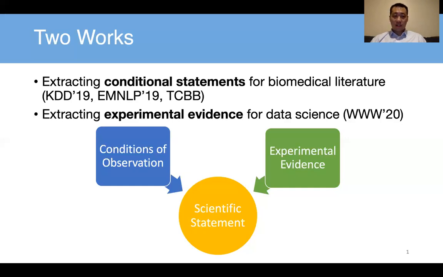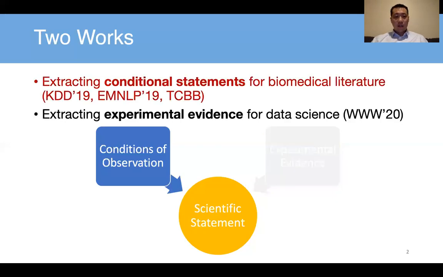So one work was published for the conditional statement extraction in KDD 19, and the very recent one that is experimental evidence extraction in data science is published in TripleDub. So for the first one,